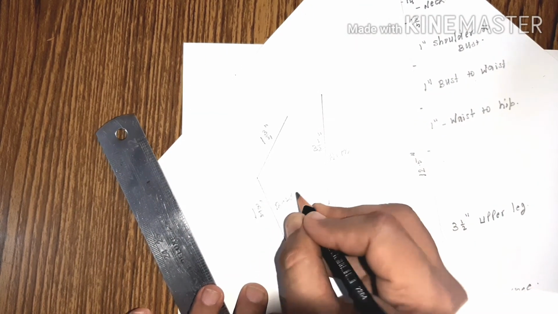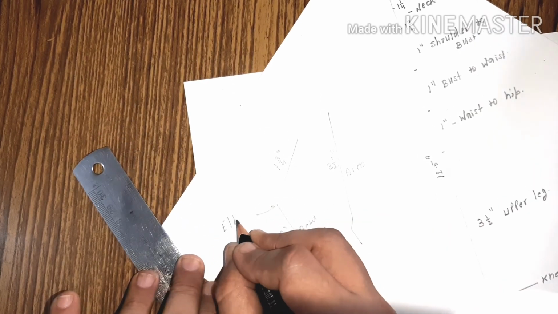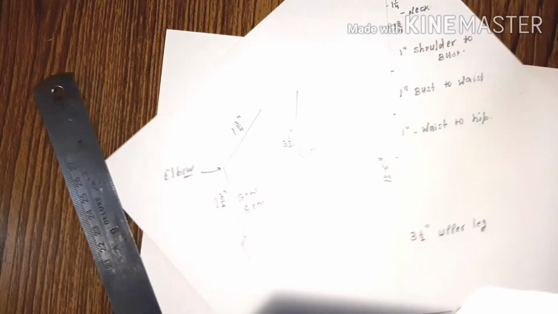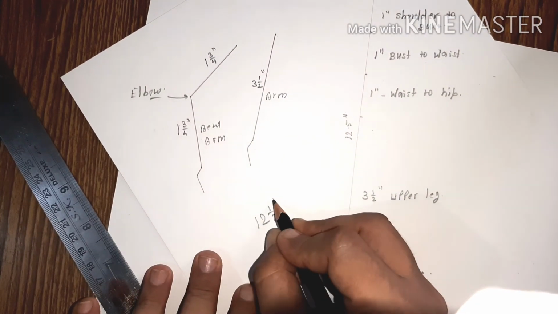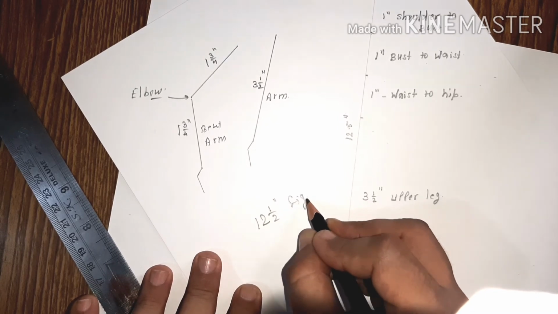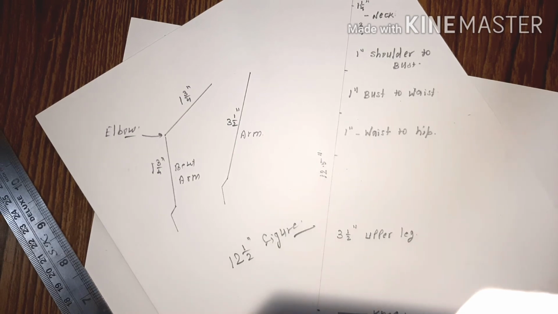The width proportions will be same as you have done in your 10.5 figure. If you have not seen the 10.5 figure proportions, see the day 1, 2, 3 and 4 videos, you will come to know, right? This is 12.5 figure. Now it's your wish, you can use the 10.5 figure or 12.5 figure. Other processes are same as usual.